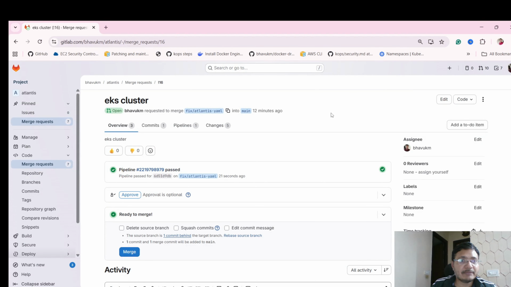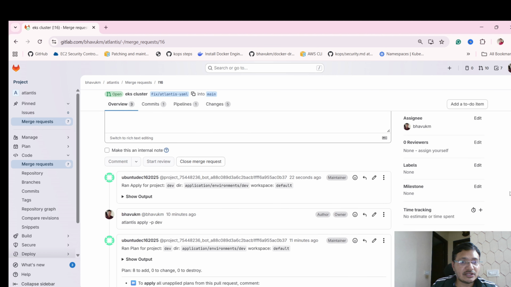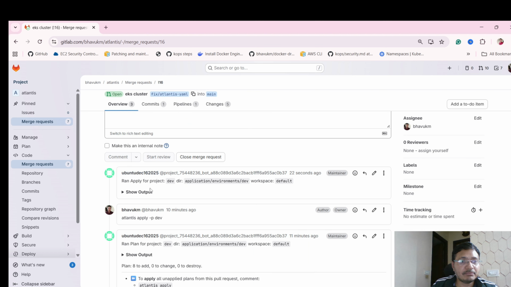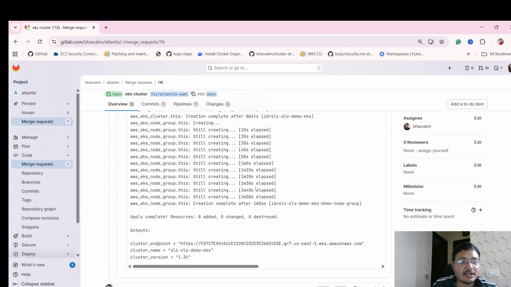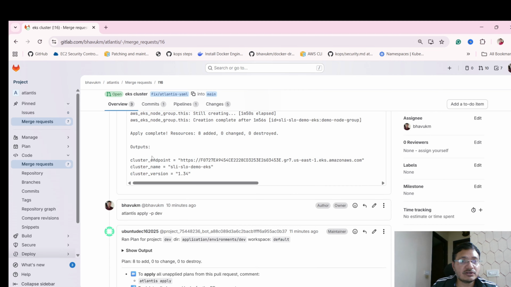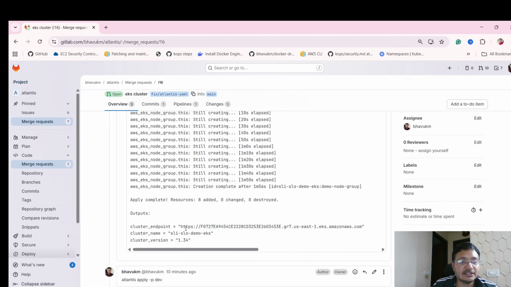So you can see the pipeline has succeeded and it has applied the configuration, which means that the resources have been created. In the comment section, you can check everything. Ran apply for project, dev directory, and the workspace default. If you click on show output, you can see everything that this pipeline created for you. In the output section, whatever was there in the outputs.tf file, you can check that detail as well. And apply complete, resources: 8 added, 0 changed, 0 destroyed, which means that the pipeline successfully created our EKS cluster